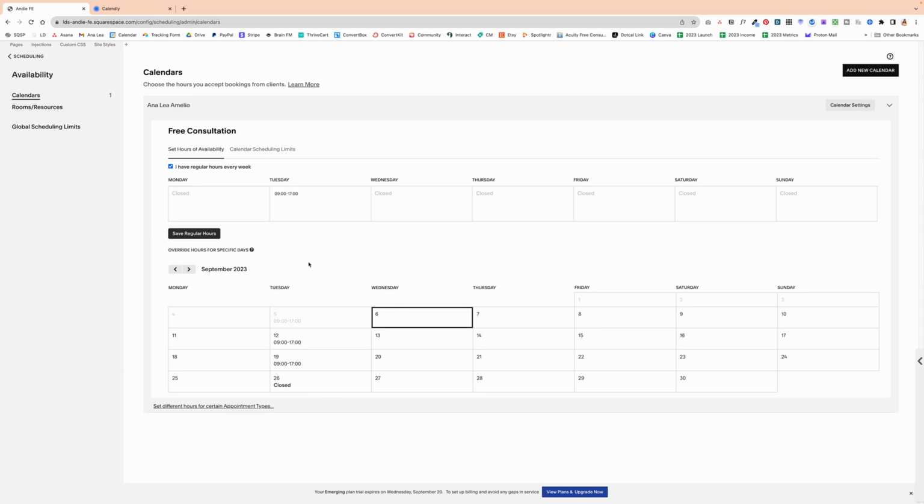And once you start adding different appointment types, if you have regular coaching hours or regular consultations that clients pay you for, you can add those under appointment types. And then you can set different hours for different appointments. So you could have free consultations on Tuesdays, but Wednesdays and Thursdays are your client days when they can book